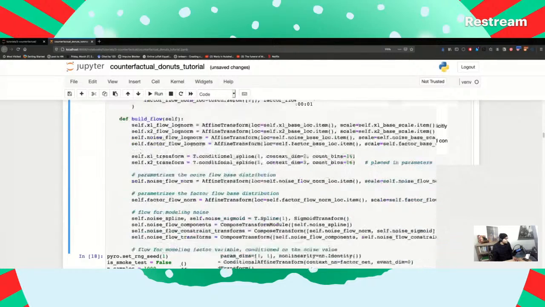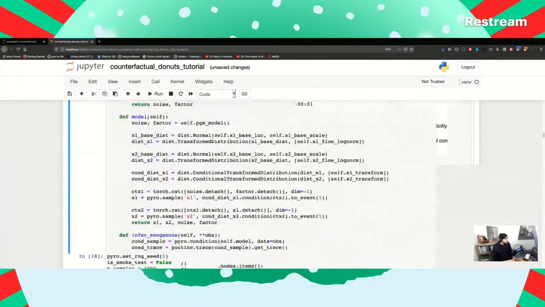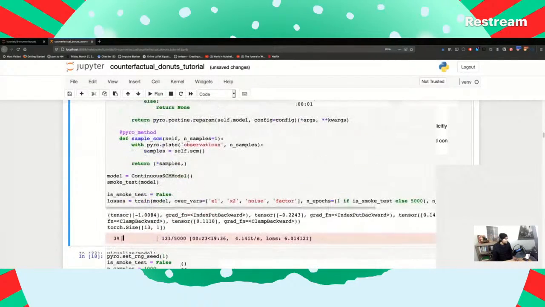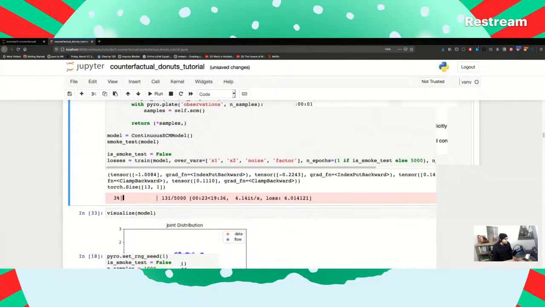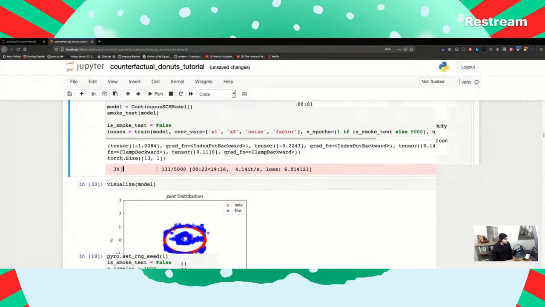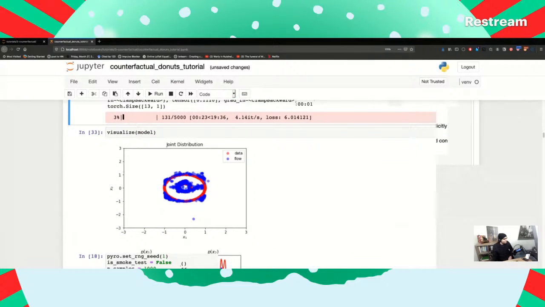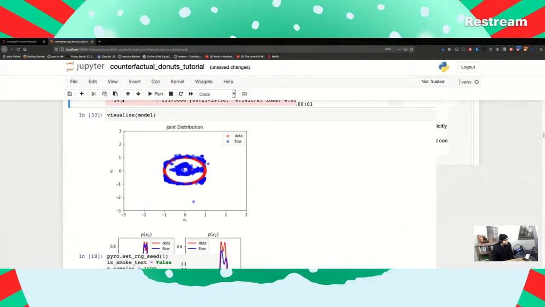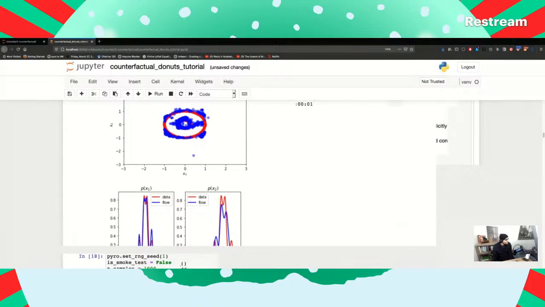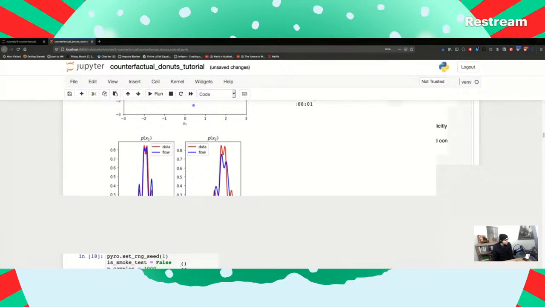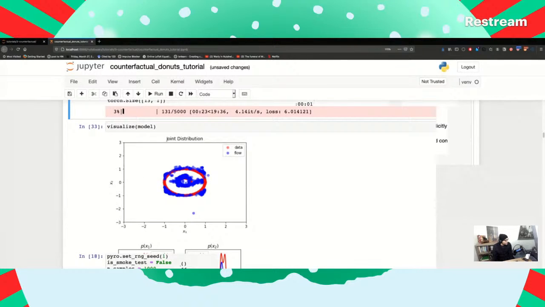And yeah, so there's an error. That's why it's doing that. Oh no, it's running. Okay, cool. We already have a sneak peek of what the output's going to look like. So yeah, all right. Well, at least it's fitting. So it would be really cool to think about what kind of images we can generate. But generating these counterfactual reasoning on these donuts isn't particularly meaningful.